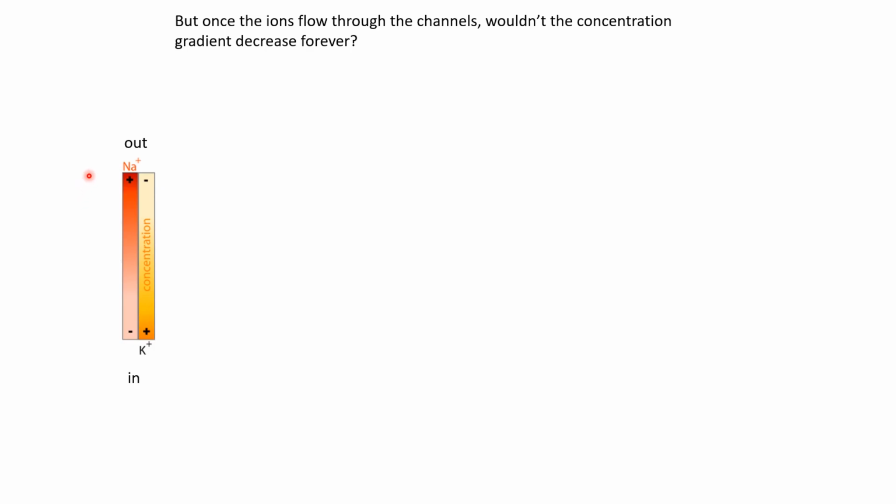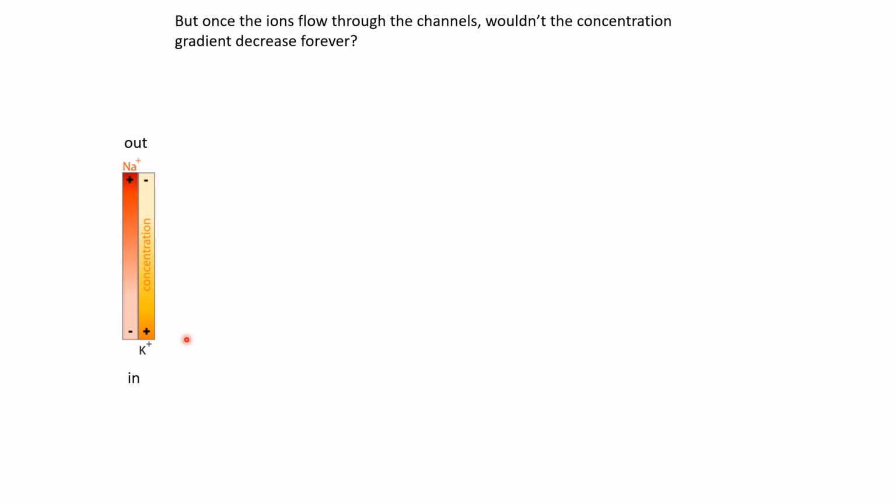So for example, the sodium ion is present in higher concentration outside and lower concentration inside. Now as sodium starts moving through the ion channels, over time the concentration of sodium inside will rise, and at some point it might become equal to the sodium concentration outside, and that would mean that the gradient has disappeared, and eventually the sodium ions will stop moving. And similarly for potassium. So if we want the cells to function over time, we have to somehow maintain these gradients despite the ions moving. How can we achieve that?